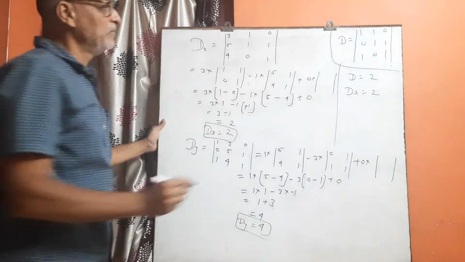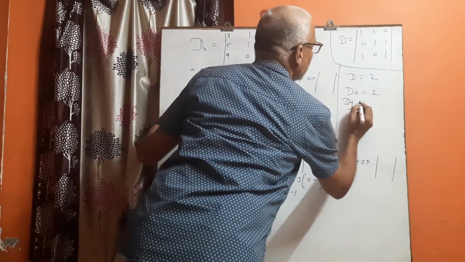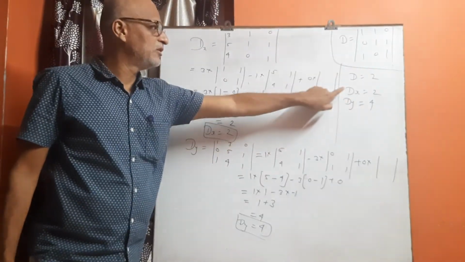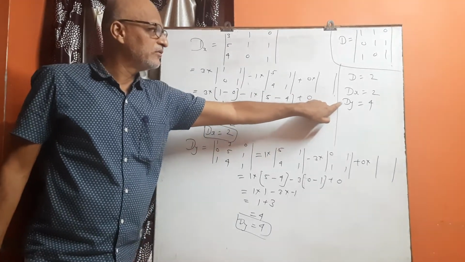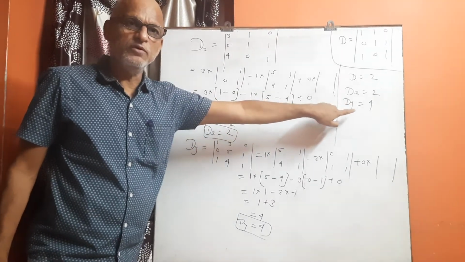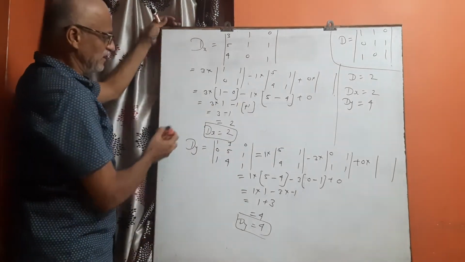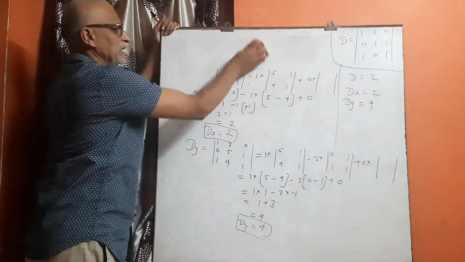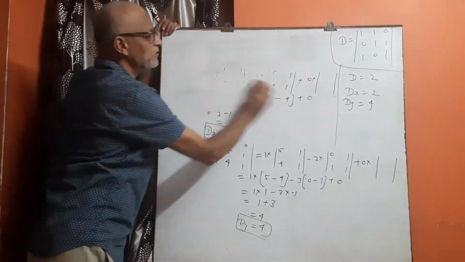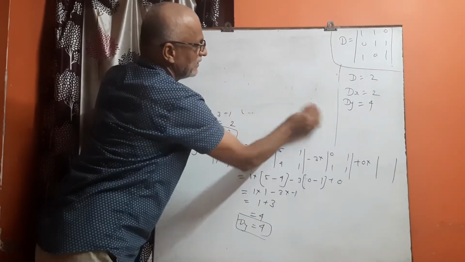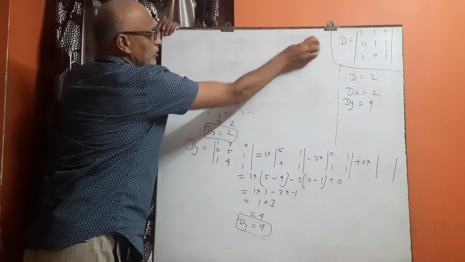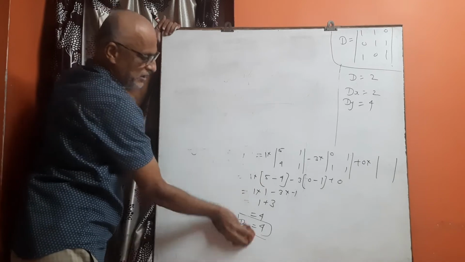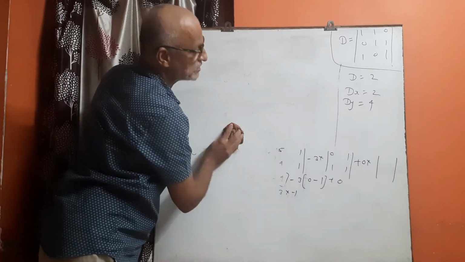So that is our third value, that is dy equals to 4. Now we have got the value of d, then we have got the value of dx, then we have found the value of dy equals to 4. Now the last value, that is dz. dz किससे मिलने वाला है आपको? dz means the determinant without the coefficient of z, यानी D में थर्ड कॉलम आपको रिप्लेस करना है. You have to replace third column in D by the right hand side, that means the constants.